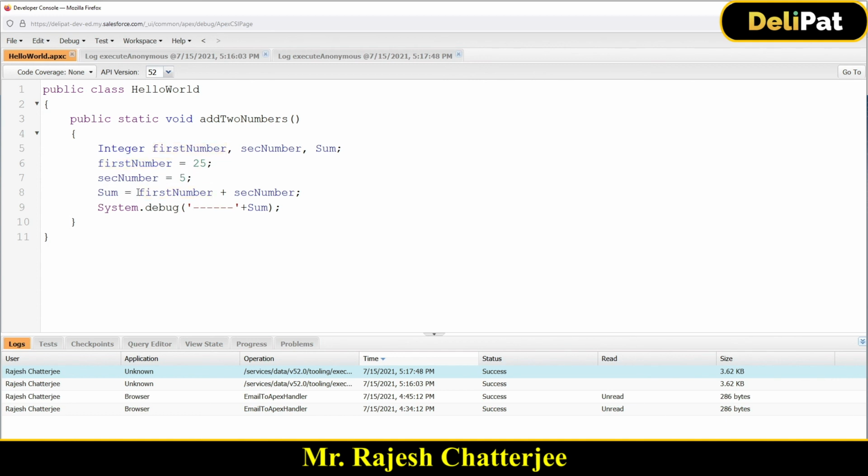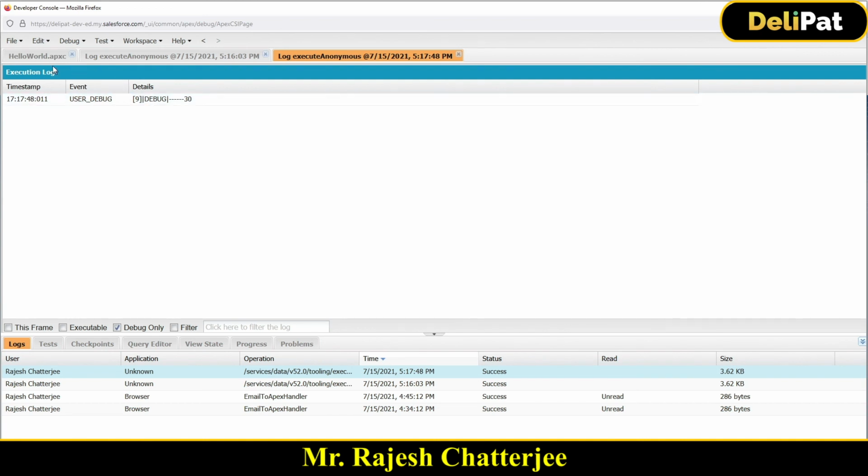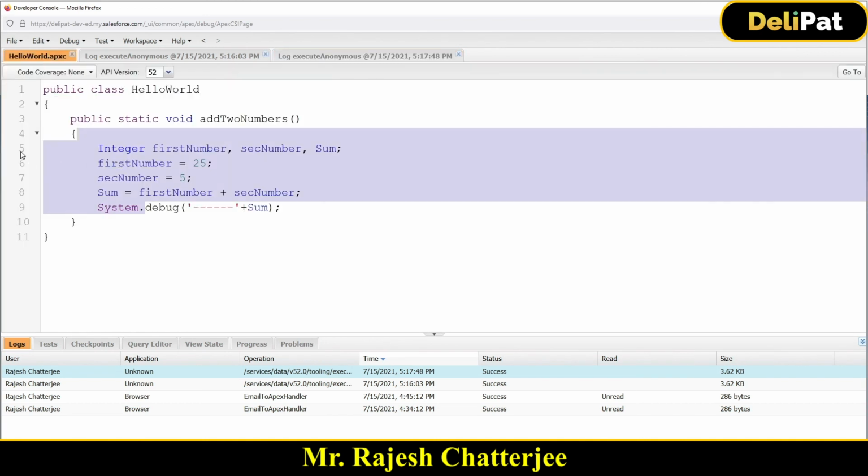Line number 8, I'm assigning first number plus second number to sum. And line number 9, I'm just printing. After all these things happen, it prints the sum variable over here. So this is a simple Apex program where we have taken two integer values, added them, and printed the sum.